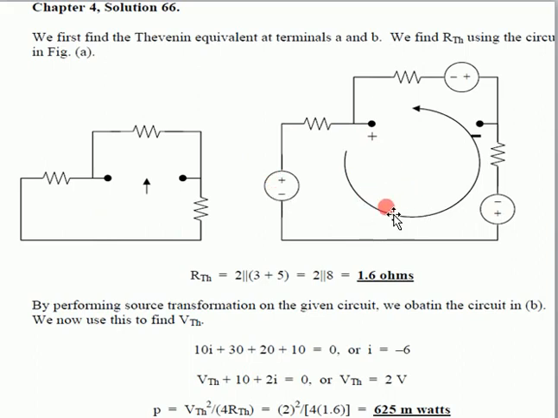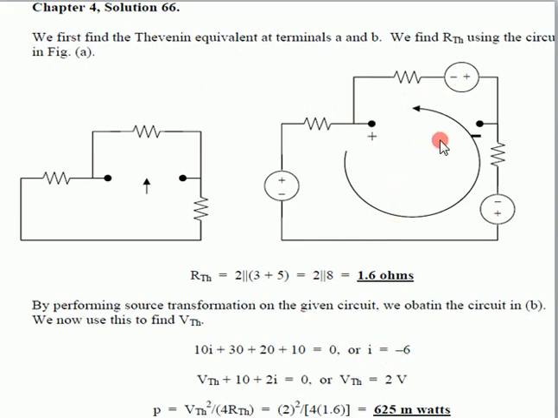So we will apply the KVL here. When we apply the KVL here, then we will get this equation, and from this equation we will find out the value of I, that is 10I plus 30 plus 20 plus 10 is equal to 0. Why is there 10? The total resistance is, this is of 2 ohm, this is of 3 ohm and this is of 5 ohm. So the total resistance, as it is a simple series circuit, is 10 ohm. So 10I plus 30 plus 20 plus 10 is equal to 0, so I is equal to minus 6 ampere.